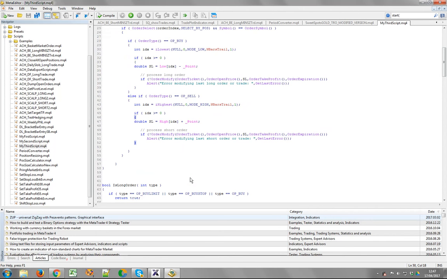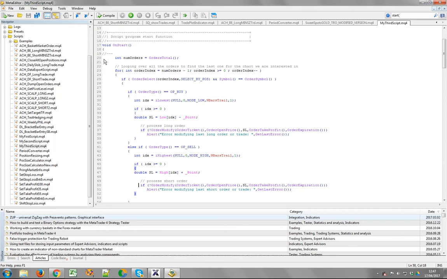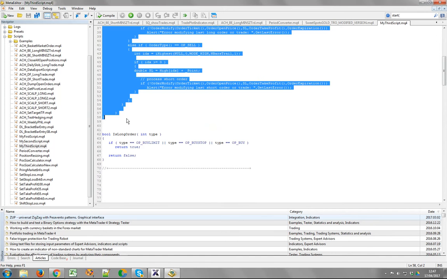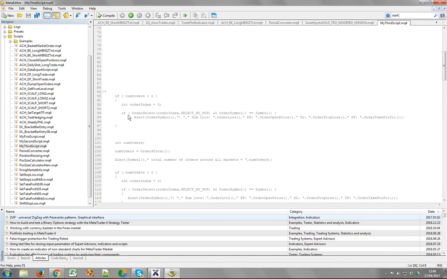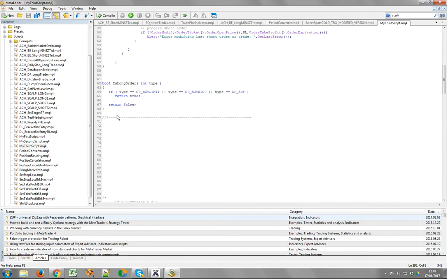Now what I want to do is take all this functionality here and put it in a function. The reason being is we're going to need to call this particular set of code multiple times. And the code we're writing will get rather unwieldy if we don't do something like this. So what I'm going to do, I'm just going to copy all this lot and paste it down here,